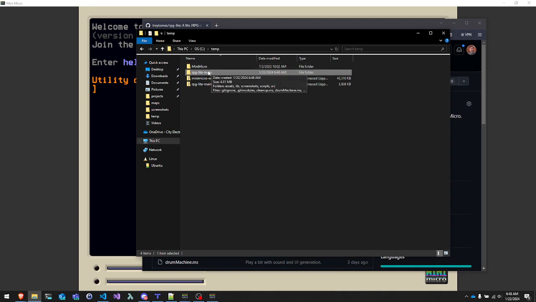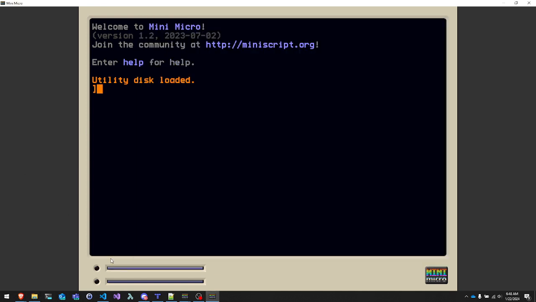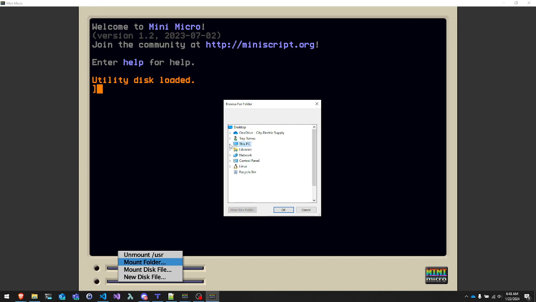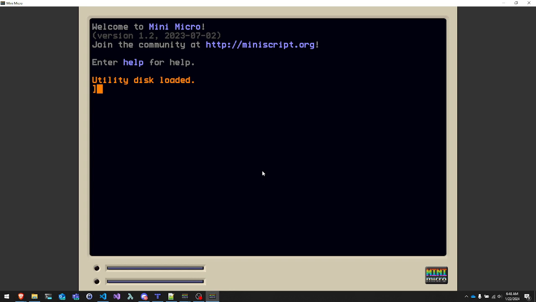Now to get the rpg-lite game I've been creating running in the mini micro, you can see that there's two virtual disk slots. They can either take the disk files that mini micro can consume, right? Click on one of those and you can create a new disk file, you can mount a folder or a disk file, unmount whatever's in there. In this case, you want to mount a folder. It's now mounted,